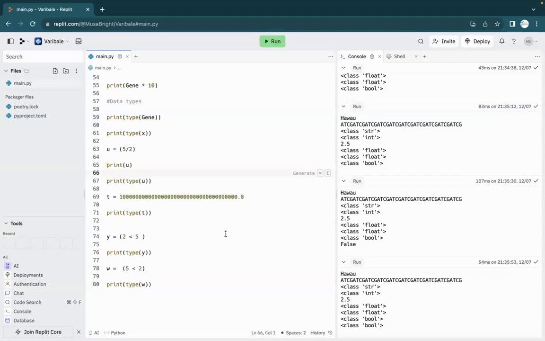So this is how we can find out what kind of data we're working with. Sometimes you have data and you don't know what type it is, so just say print type and that thing. So if you don't assign a value,